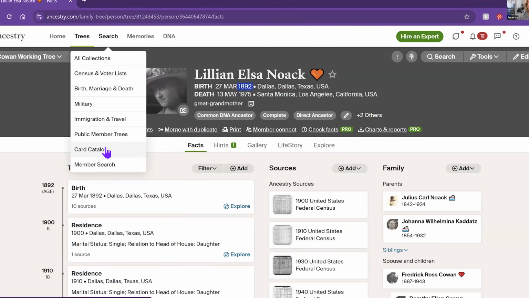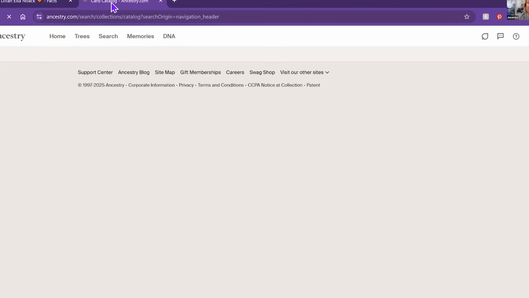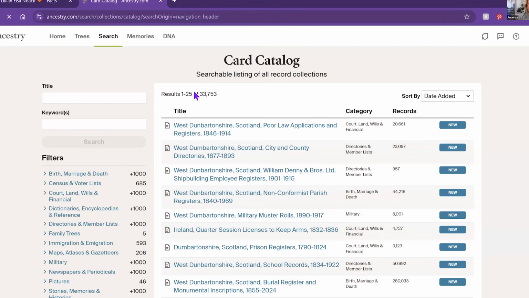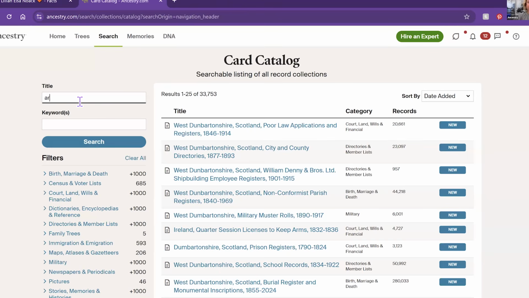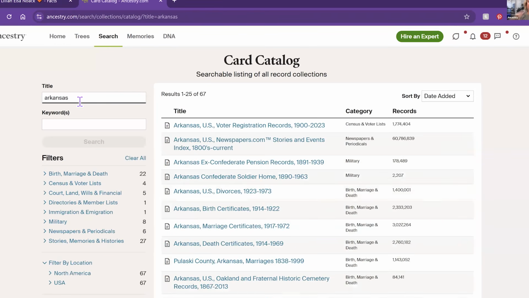And we're going to open up that card catalog. What this is, is a listing of all 33,753, as of today, databases of records on Ancestry. So I can simply come in here and say, I want to see Arkansas. And I'm going to click search, and it's going to show me that out of all 33,000 databases on Ancestry, 67 of them are specific to the state of Arkansas. I can then filter